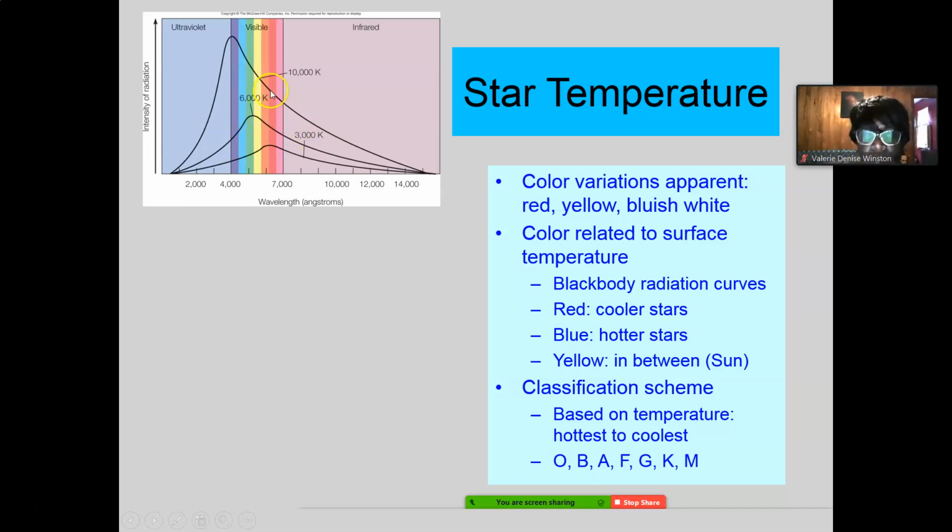But the really hot stars, they're up here in the violet range, okay? That's the blue stars, okay? The whites are going to be somewhere in here. The reds are somewhere in here. The yellows in there, okay? So this is why the hottest stars are the bluish stars, those in the upper end of the range.